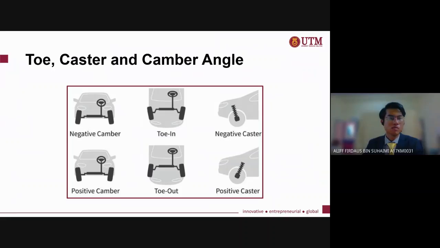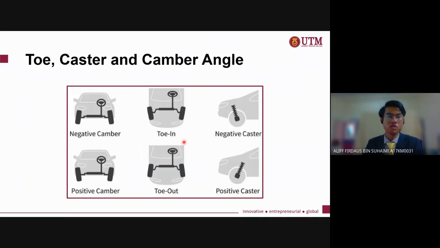Next I will talk about the toe, caster, and camber angle. Let's see the first picture here. The camber angle is measured from the front view of the wheel. For the negative camber, the wheel leans inwards of the vehicle, while for the positive camber, the wheel leans outwards of the vehicle. For the toe angle,